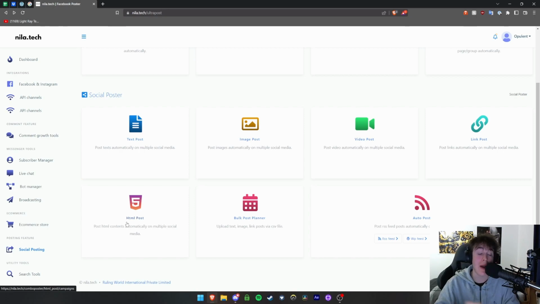as well. You have bulk post planners, so if you have a planner that you want to send out to people to see when things in your company are going on, events or something like that, you're able to post that via a CSV or a spreadsheet file. And then finally, you have auto post to post RSS, WordPress, or YouTube video feeds on multiple social media. So if a post is made on one of these three options at the bottom, it will notify people that